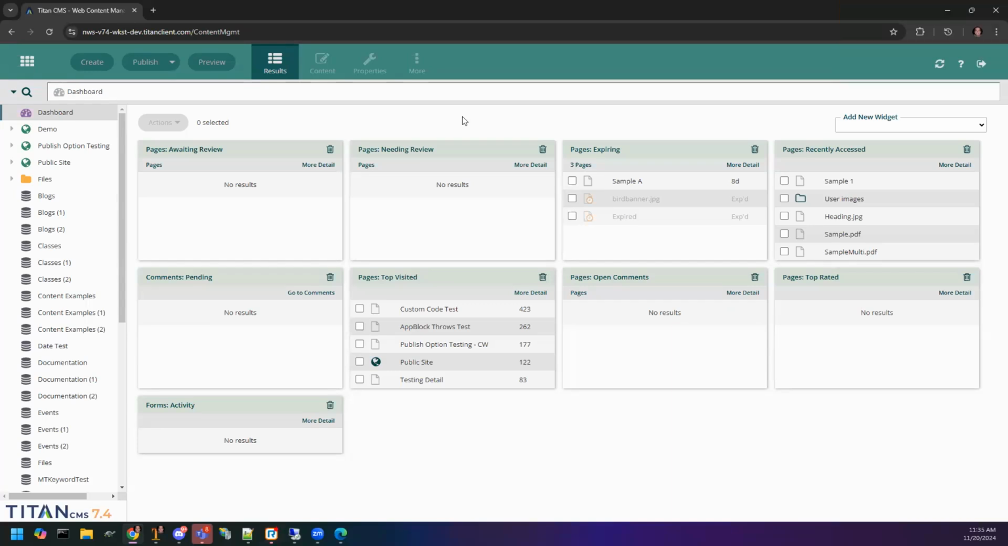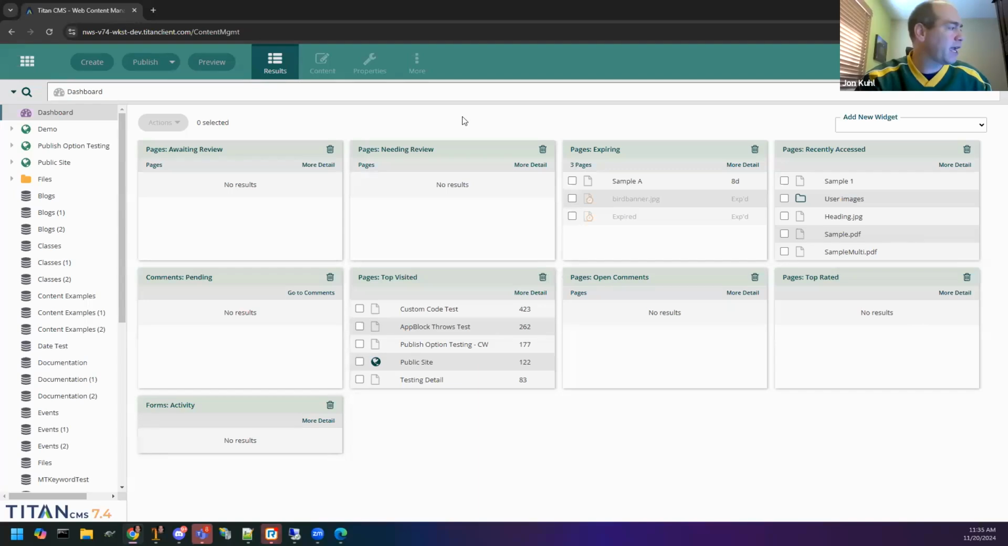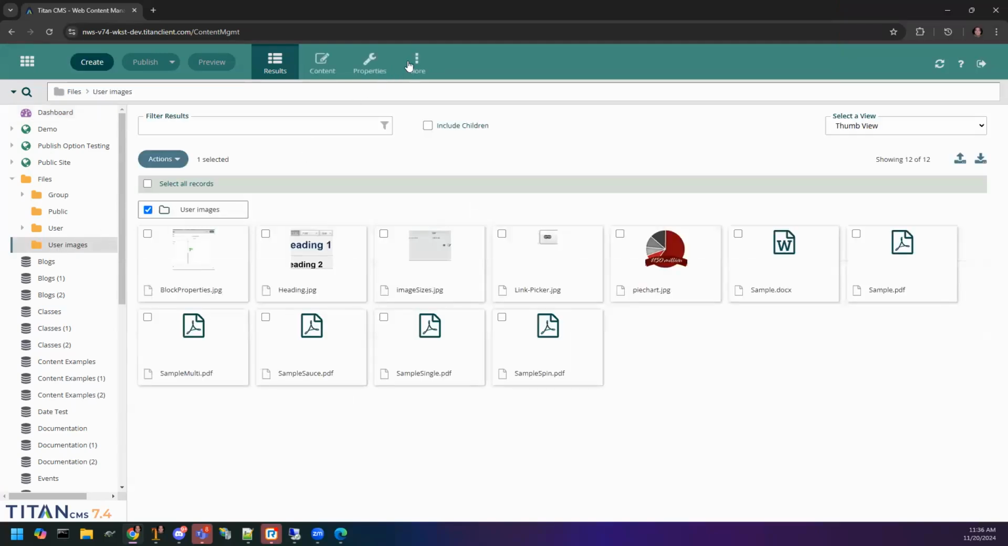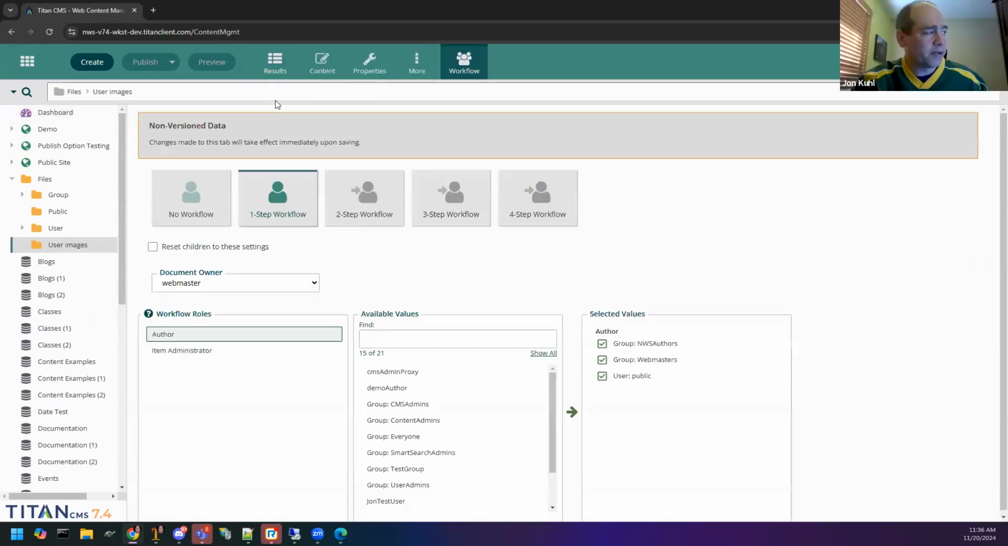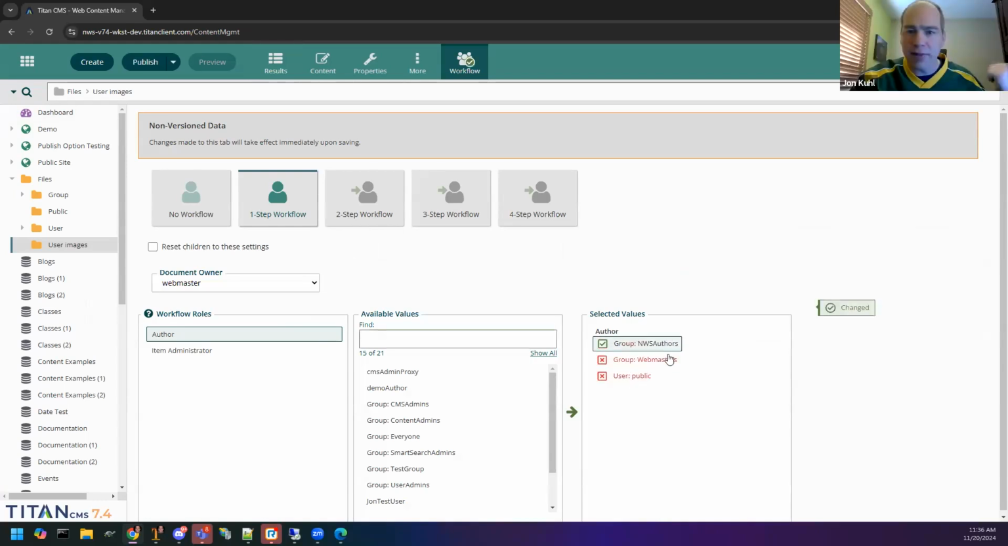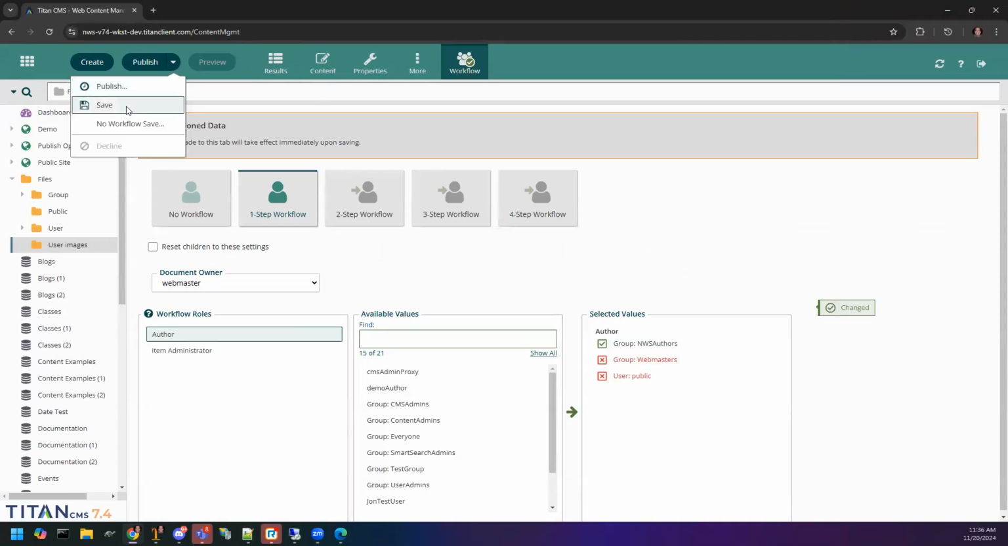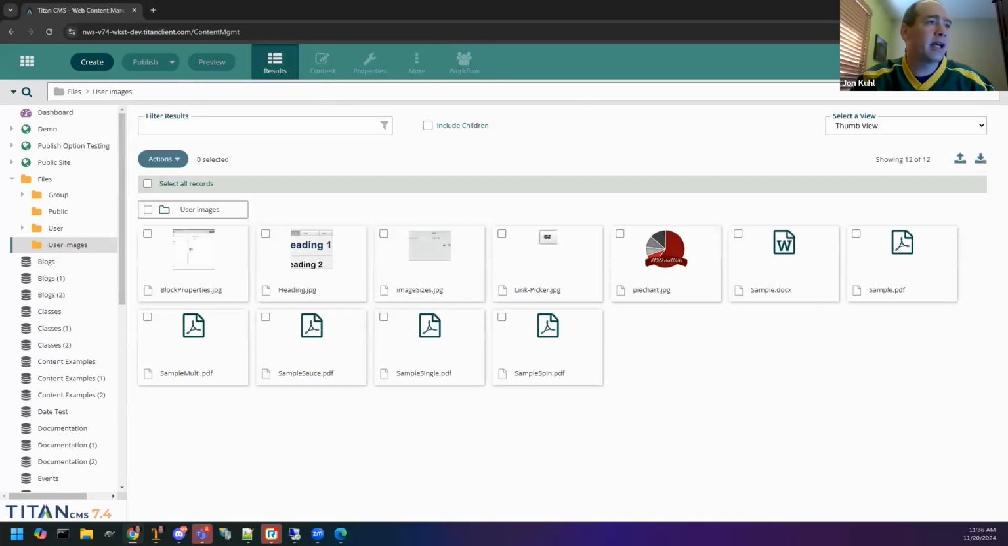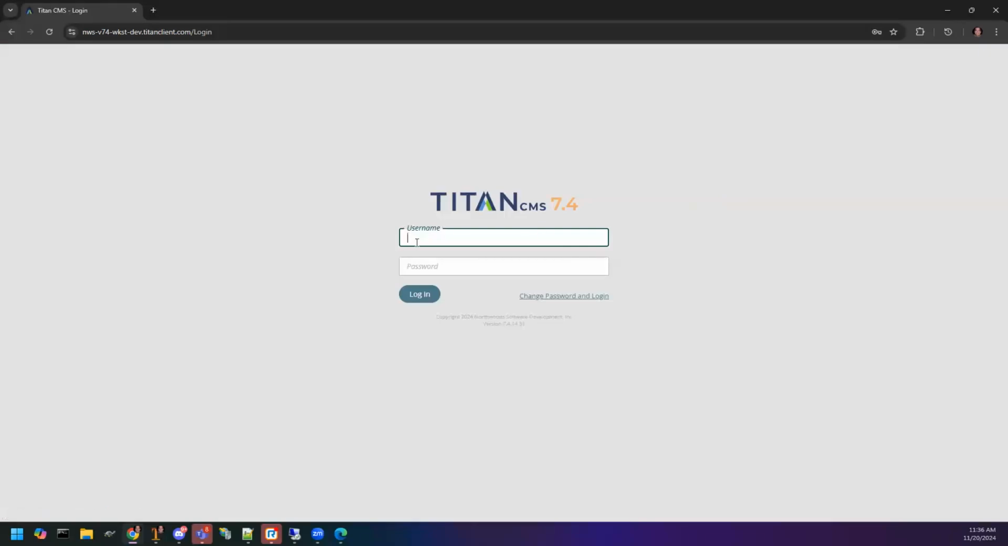So file piles are just like globes in that way. In my example environment here, there's this user images folder. If this user images folder has a workflow setting that restricts access, right now it looks like the public user can see it, and previous authors. Well, let's say, for the sake of this, I only want those NWS authors to see that folder. Making this change in the workflow, I'll save it. And now if I log out and log in as that limited author,